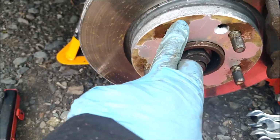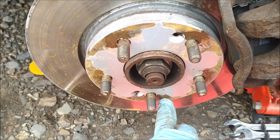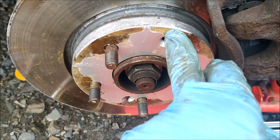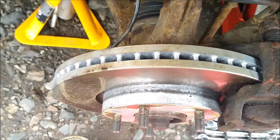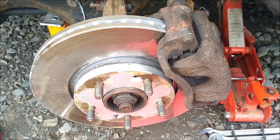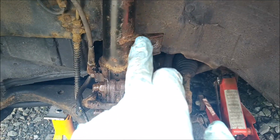I notice with the new discs, there is a slight bit of corrosion where the aluminium of the wheel is obviously touching against the disc, but they've been on for 2 weeks now, and well, they're still looking okay, but there's not been any salt on the roads here, so they should look good for some time to come. So anyway, next thing, I'm going to put the anti-roll bar in at the top and